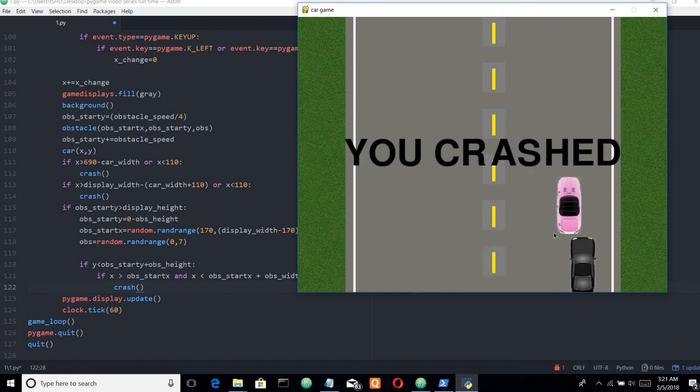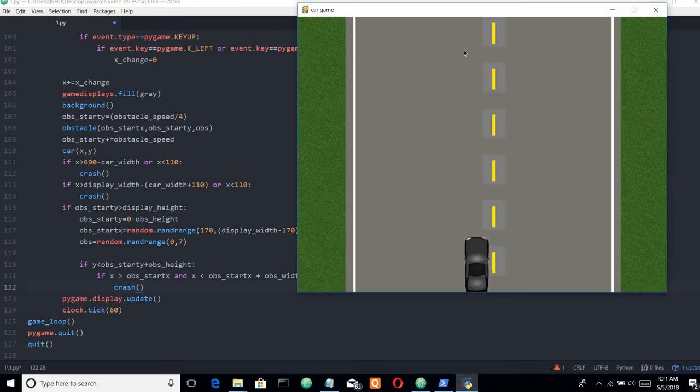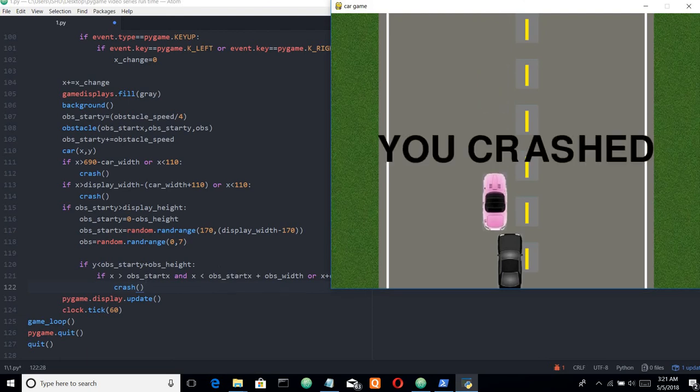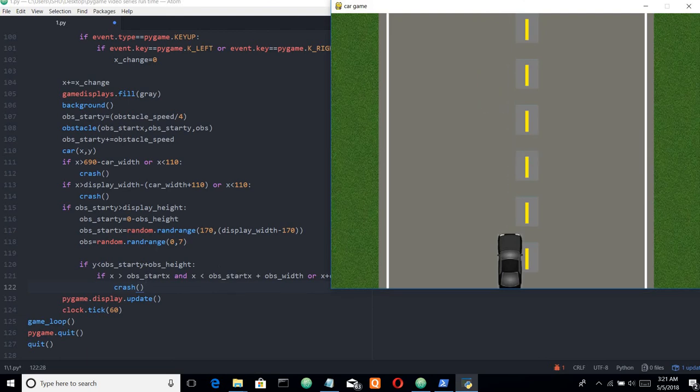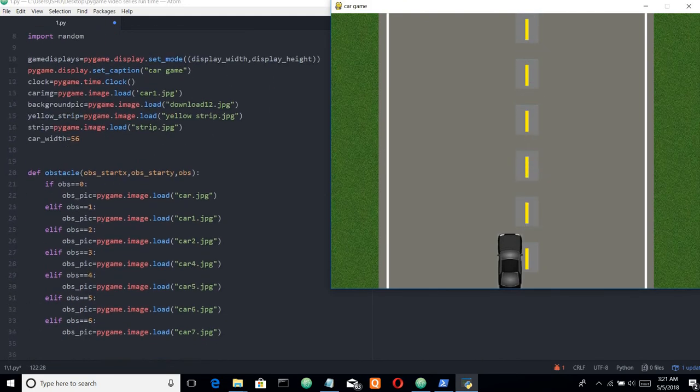It's making contact here, so this part is for the contact one. Like if x is greater than obstacle start x, and look, we are using and or here. Okay, for this crashing one, look, the crash function here. Okay, random range for the obstacle choosing, like from 0 to 7 we'll have the obstacle pick. Okay,